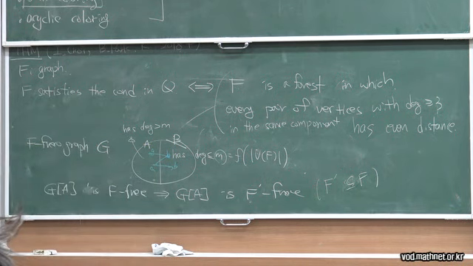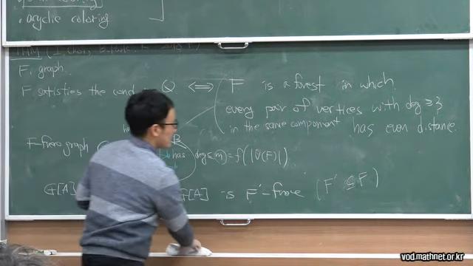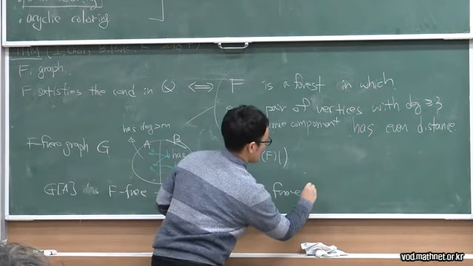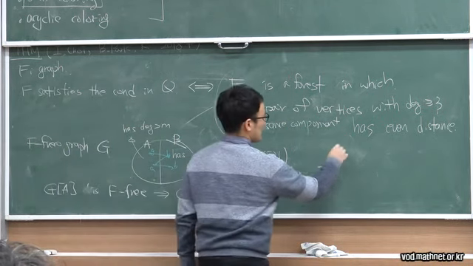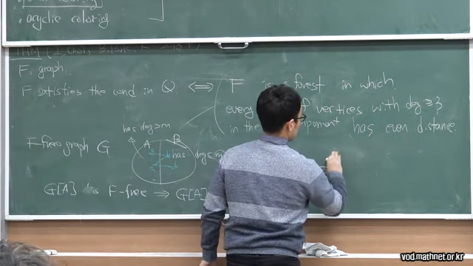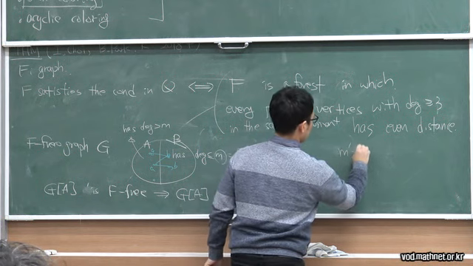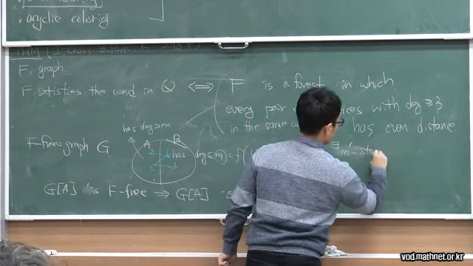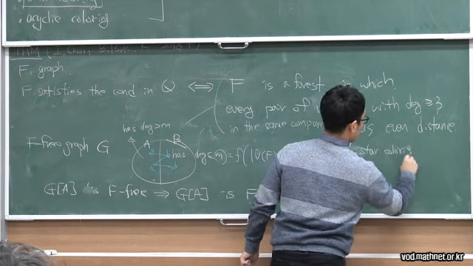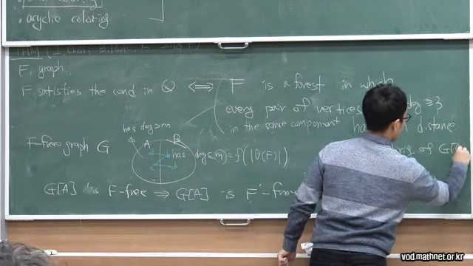So we need one more tool to manipulate this. This part implies that there exists an m prime star coloring of G of A,